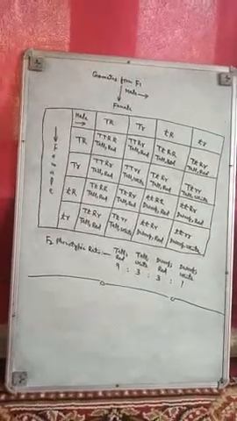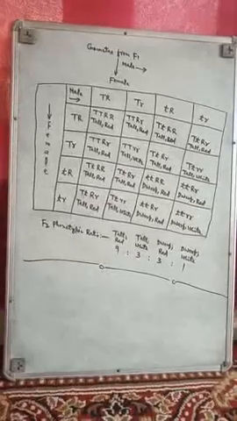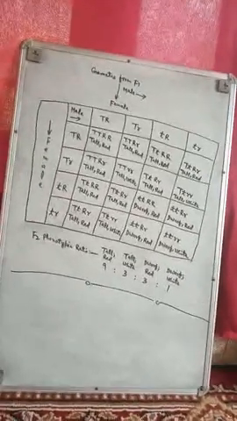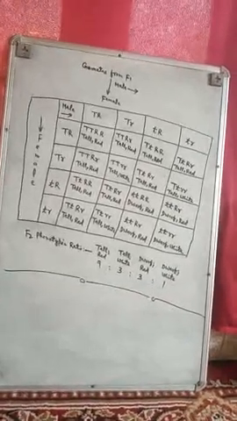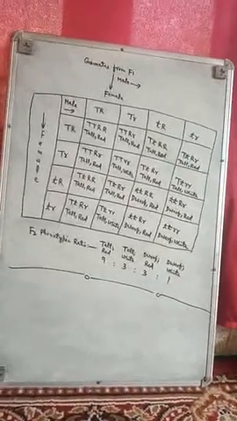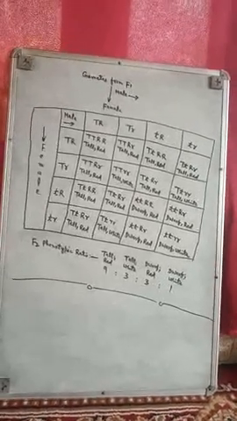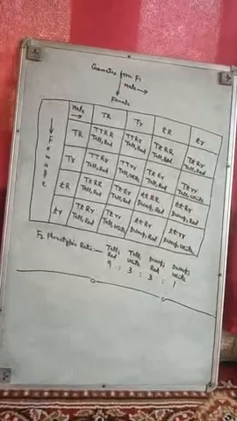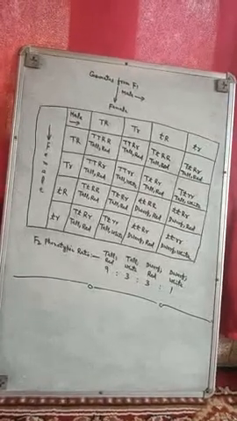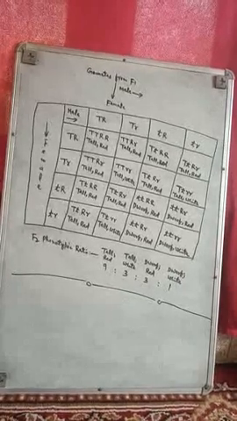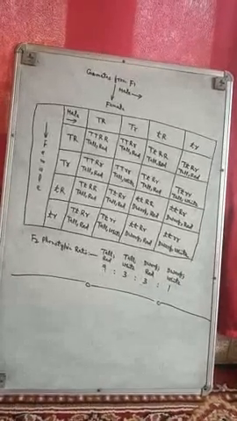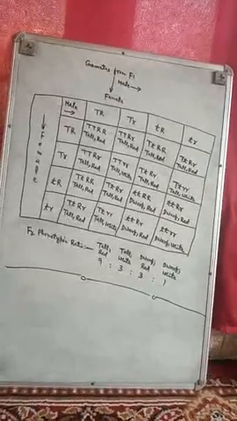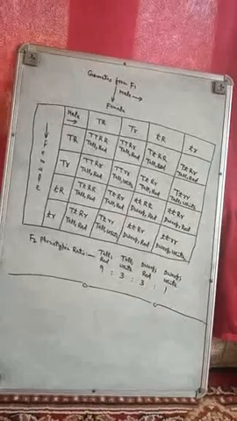Gametes from F1, male will be here, the arrow shows the male in horizontal position, while in vertical position you will see the female. When we make the columns in tabulated form, here you will see the female and male gametes: capital T, capital R, capital T, small r, small t, capital R, and small t, small r. When we cross these four, you will see